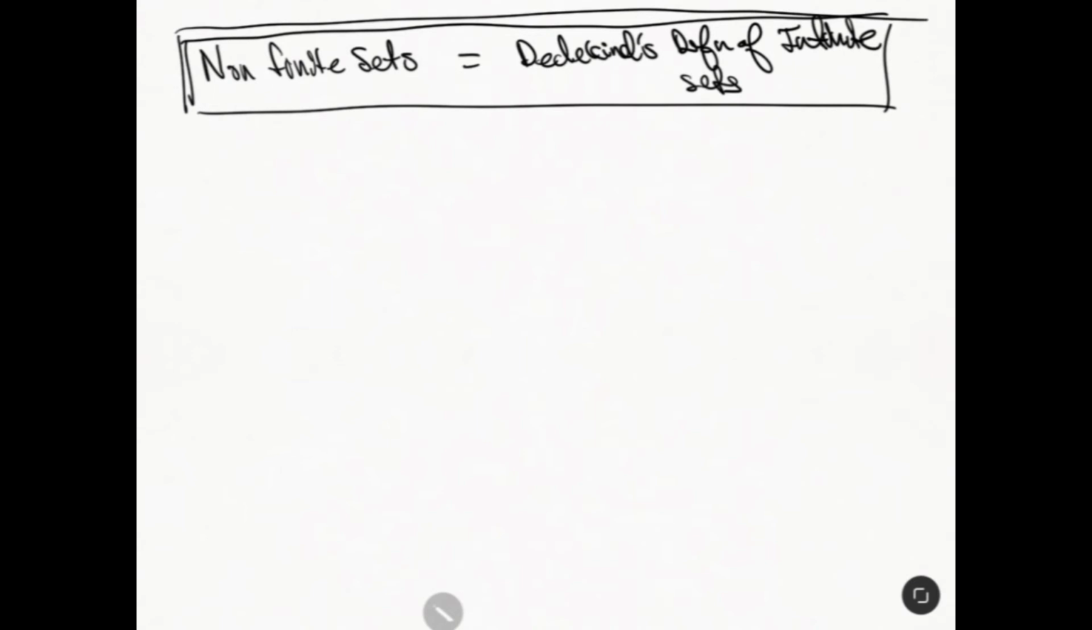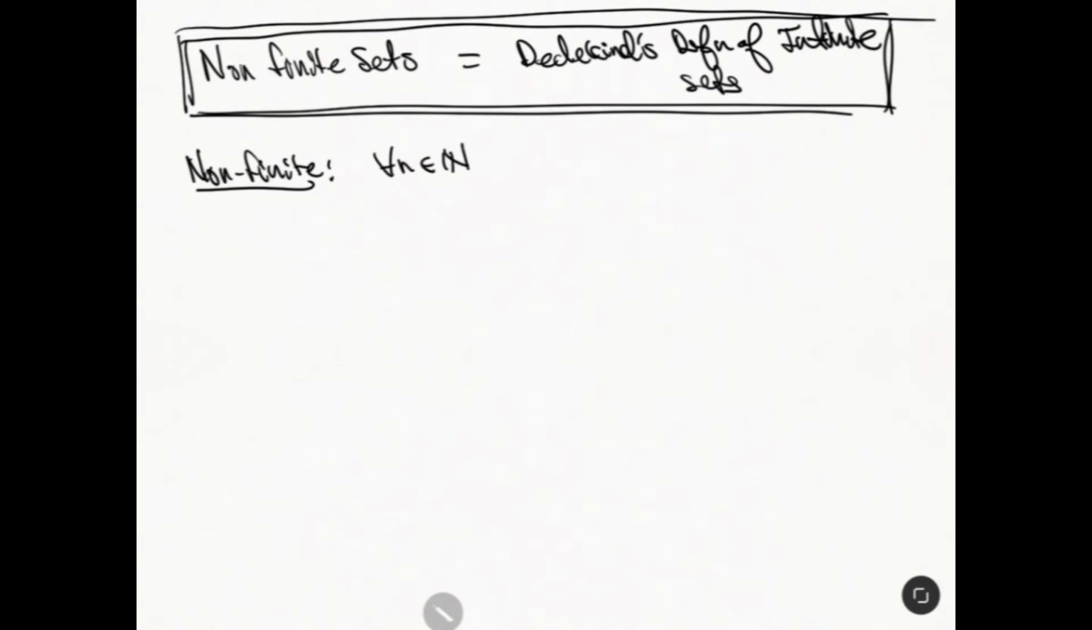All right, and so let me recall the two different definitions. So non-finite. So finite was that they're equivalent to a finite set of natural numbers. So S is going to be our set. S is not in bijection with n sub n. And then,